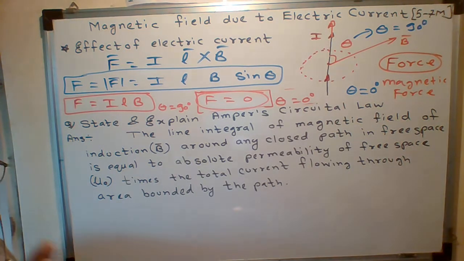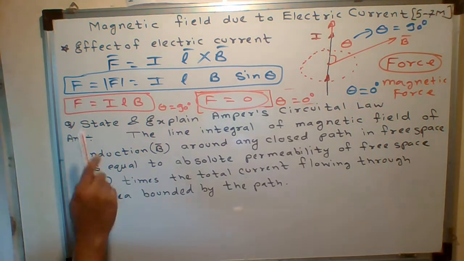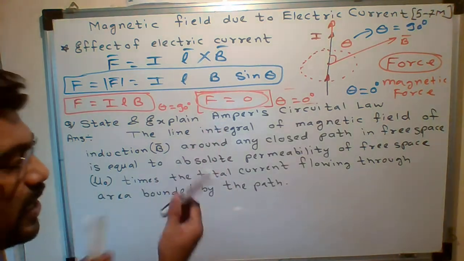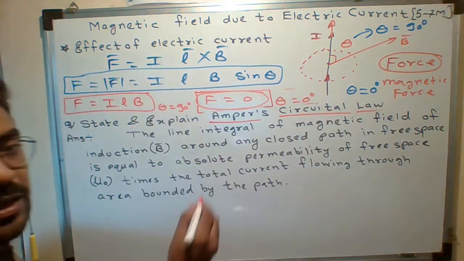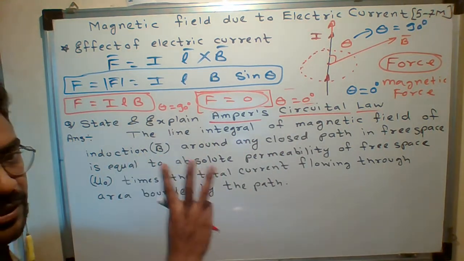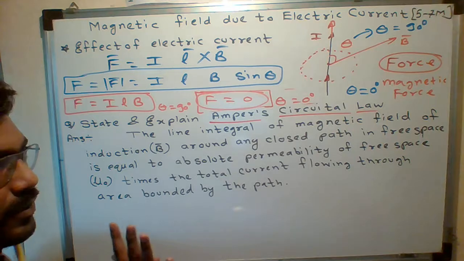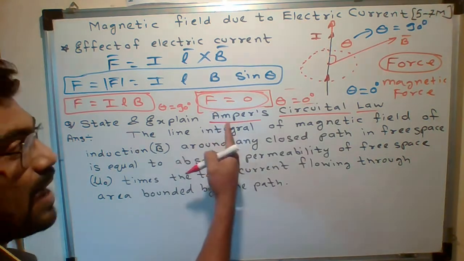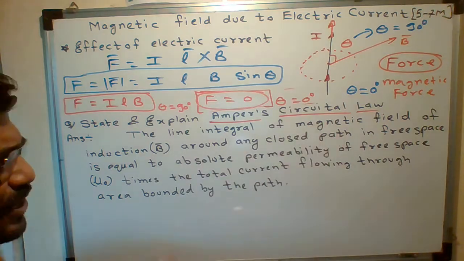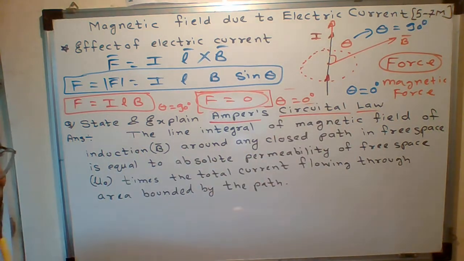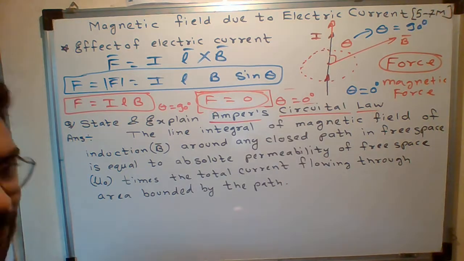So what exactly are we going to study in this topic? The first statement is very important, because on the basis of this statement I am going to derive three derivations. Just understand this Ampere circuital law. I'm going to dictate this statement. Maybe you will understand it or maybe not, but I will show it mathematically, then you can definitely write the statement using the mathematical expression.